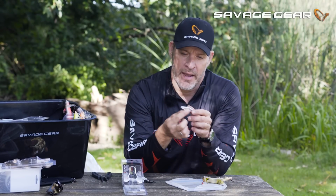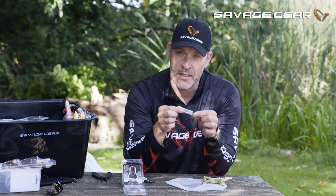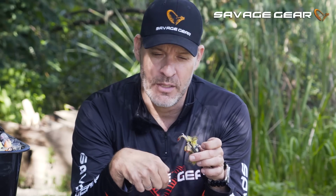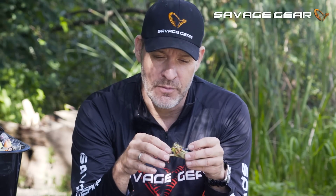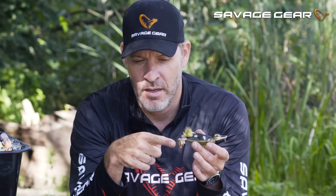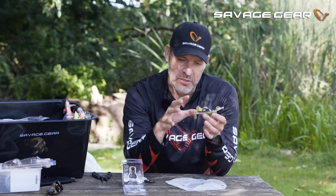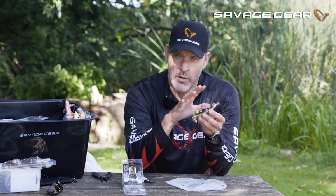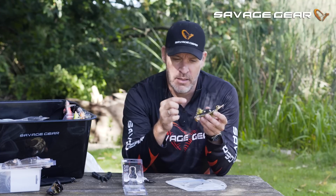So the small poly bag with the little metal beads here is in case you lose one of the beads that comes already rigged on the duck. That can happen for several reasons. You can have a very brutal strike where the little bead is actually pulled off. Another thing is, if you fish the suicide duck in weed or this floating snottish weed, what can happen is